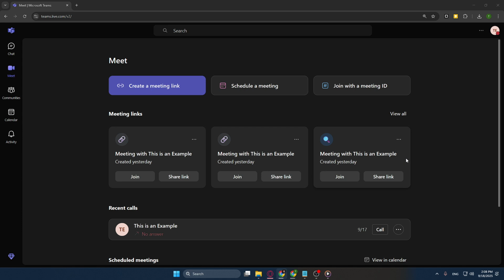To begin, you'll first need to head over to Microsoft Teams. You can do this by opening your preferred web browser and navigating to the Teams app. It's available both online and as a desktop application, so use whichever suits your needs best. Once you're in Microsoft Teams, ensure you've logged in with your credentials so you can access all the features we'll